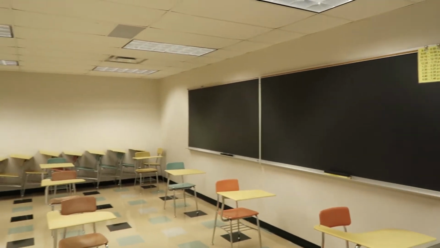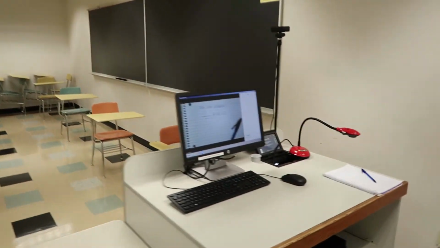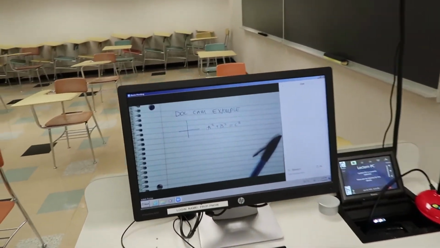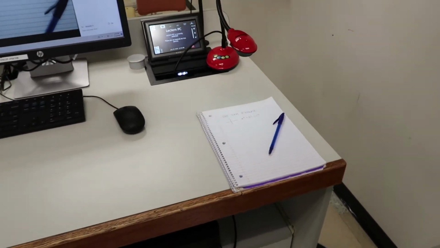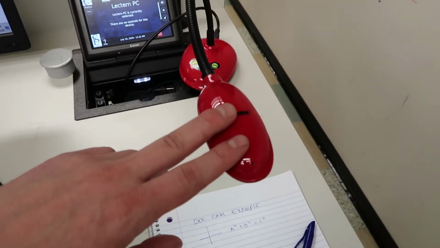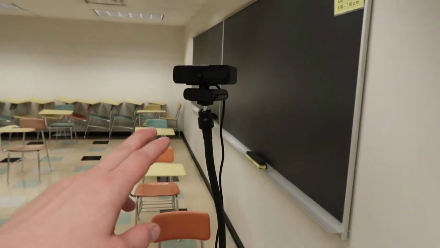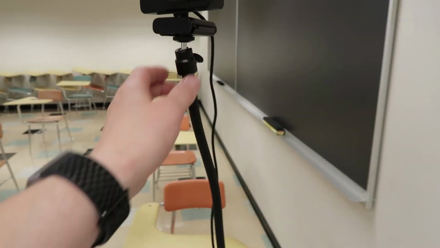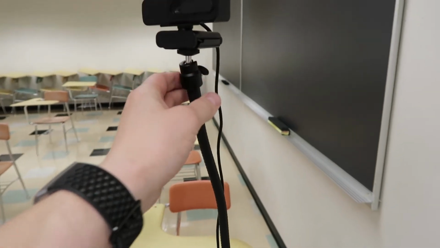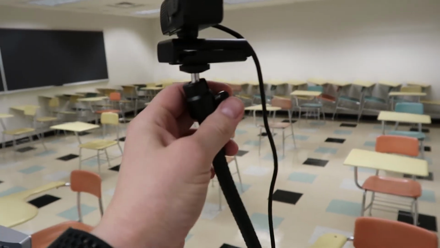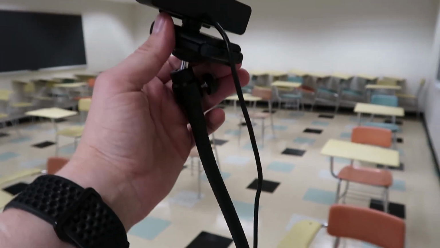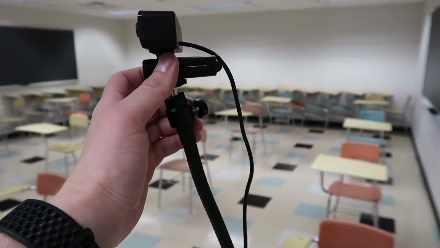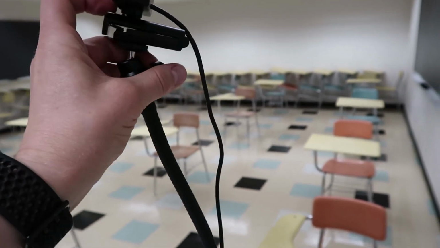Unfortunately, whiteboards, chalkboards, or other areas within the classroom are going to be very difficult to project on the screen. So it's going to be important that you utilize the tools that are at your disposal. So we have, again, the Lumens doc camera. We have the web camera on the flex arm that allows you to adjust the camera. There's also a little area on the back here where you can loosen a screw, and it allows you to readjust the camera. So if you need to frame up a different angle,